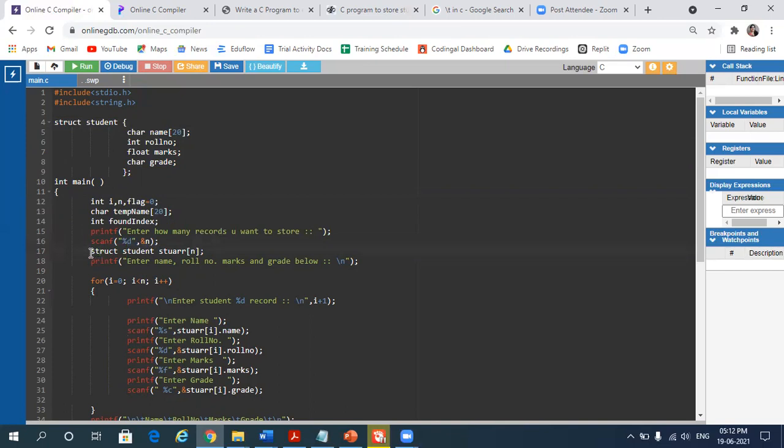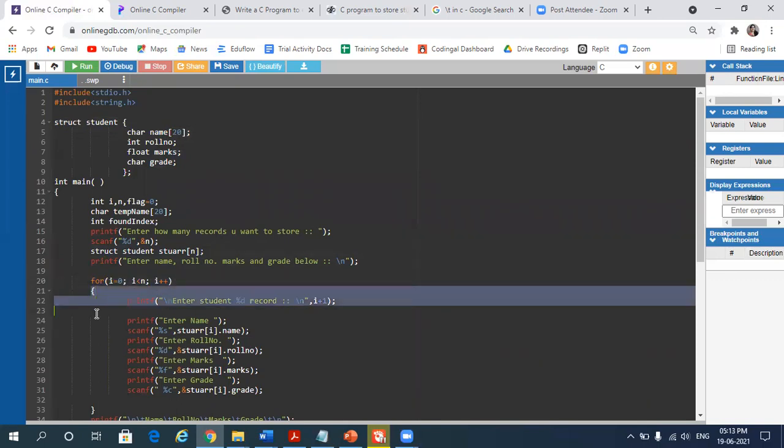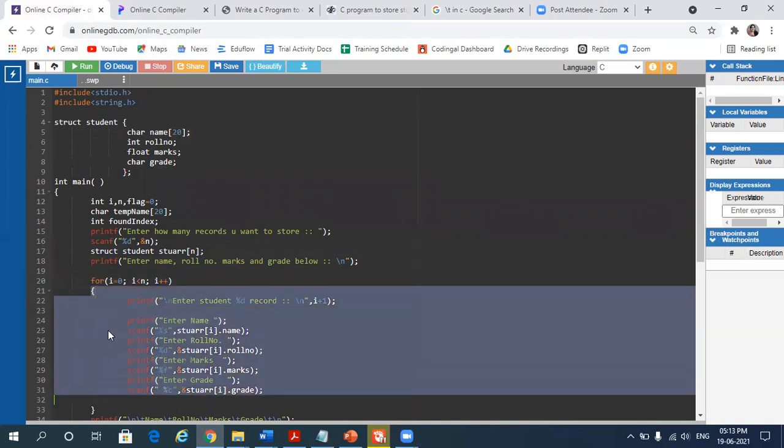Okay. Now I'm declaring student variables here. So struct student array of n. Whatever value the user gives for n, that many student records I'm going to create here. So we will have totally 5 student records if n is 5. Then I'll ask to enter roll number, marks, name, and everything for every student. So I have a for loop for all the 5 students. These statements will get repeated.